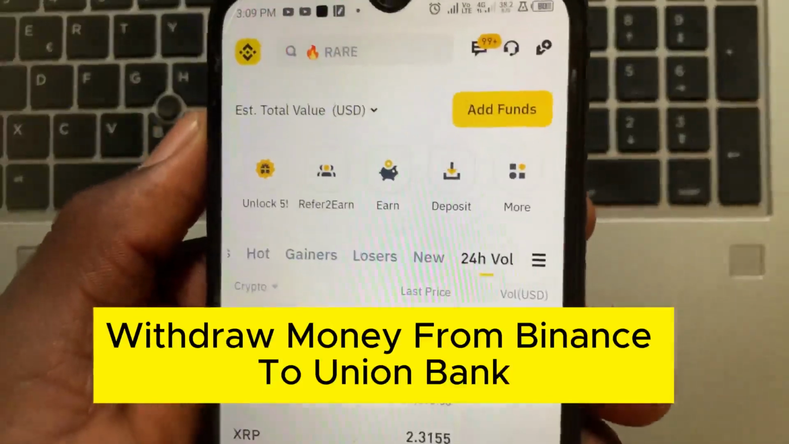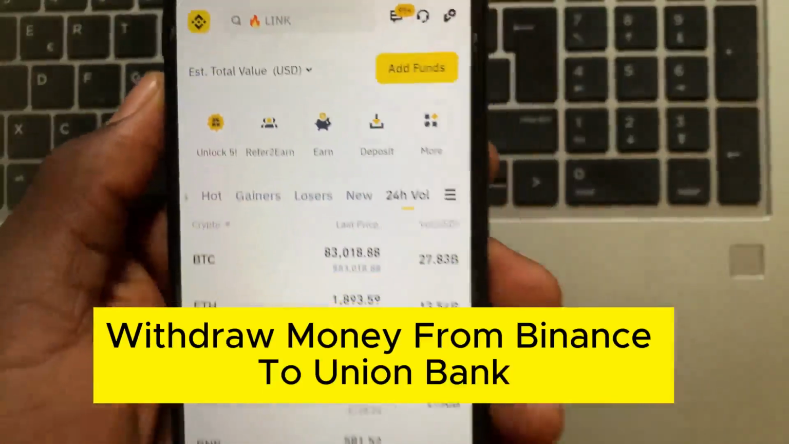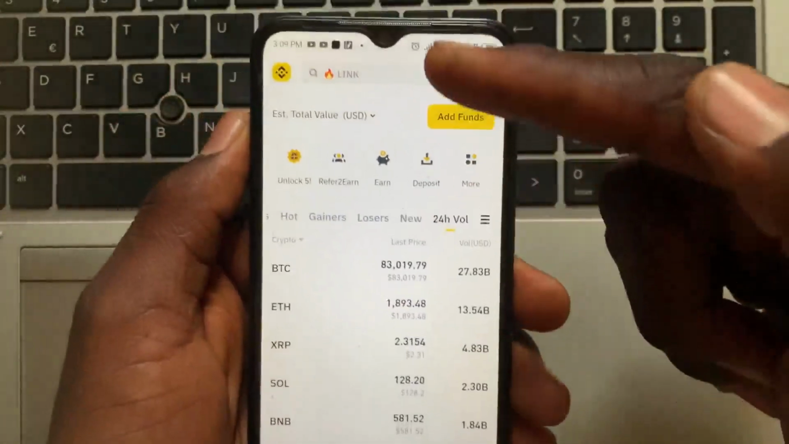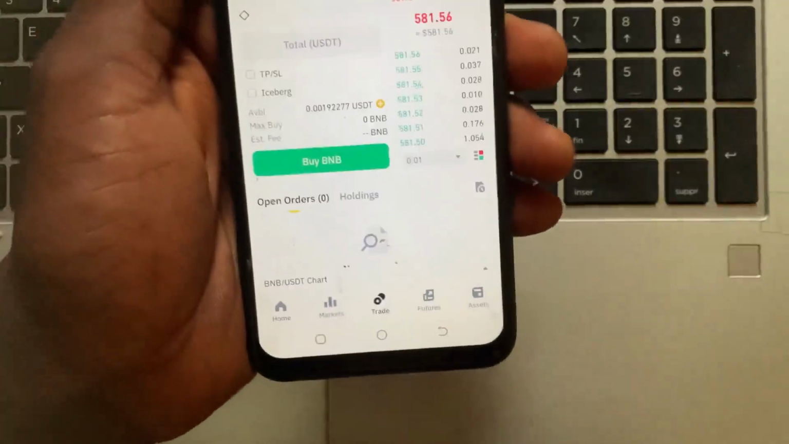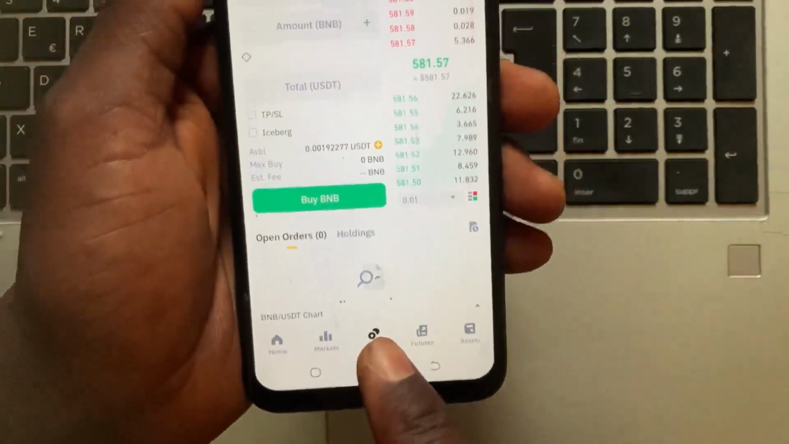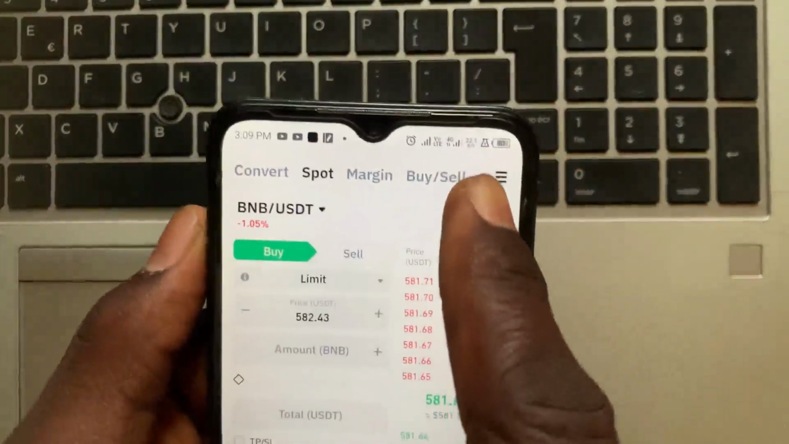How to withdraw money from Binance to Union Bank. So the steps are so simple to follow. After you open the Binance app like this, now go to Spot. Now go to Trades. After you come to this Trade like this, now swipe to the left like this